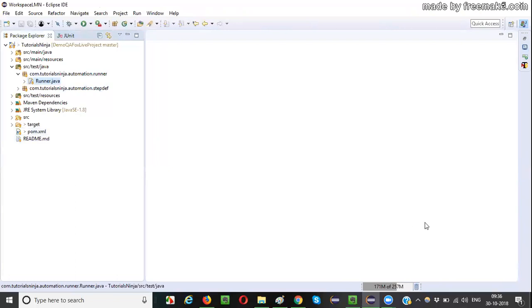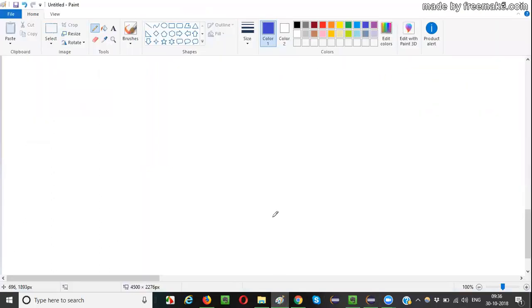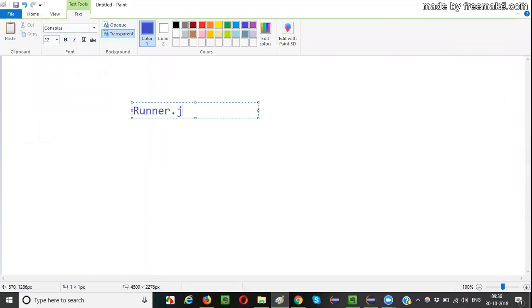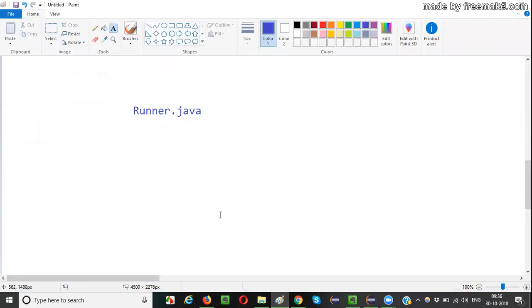The reason is the name. You see here, guys, the name of this file is runner.java. If you remember, as part of the Maven project, I explained that if you want to execute any test using any class files using Maven, they should be either appended with the test keyword before or after the name